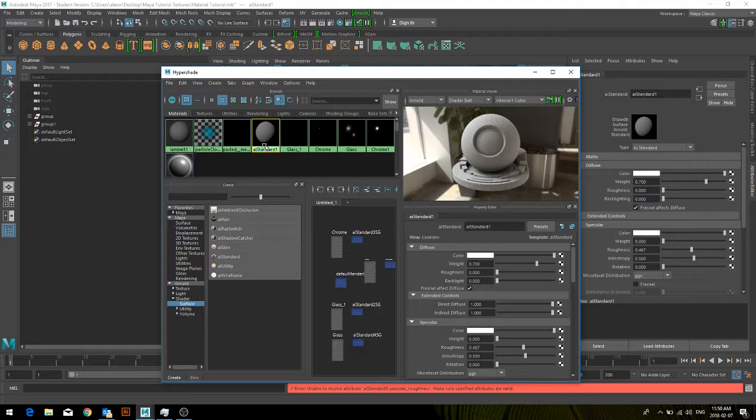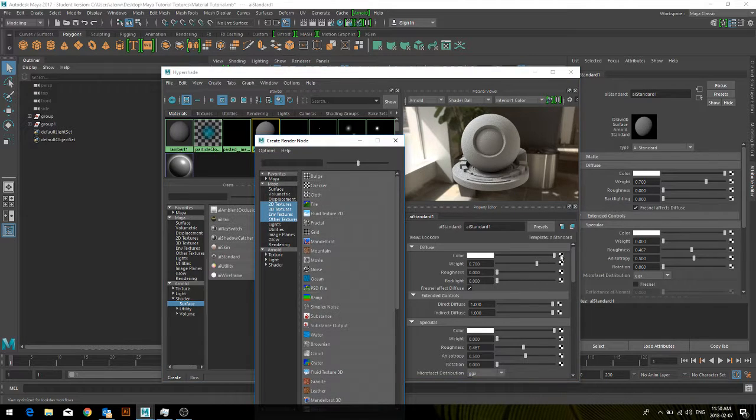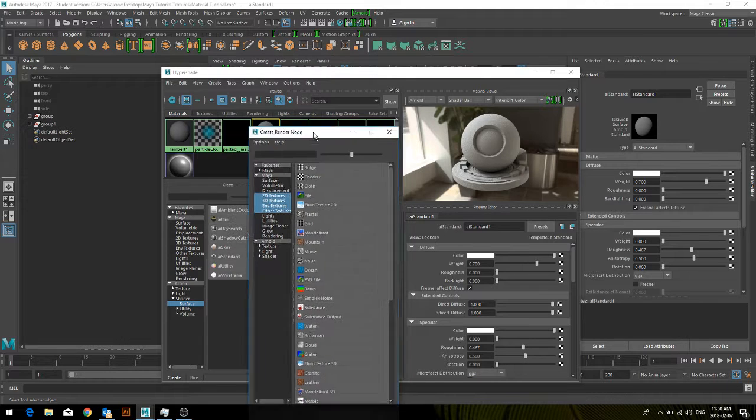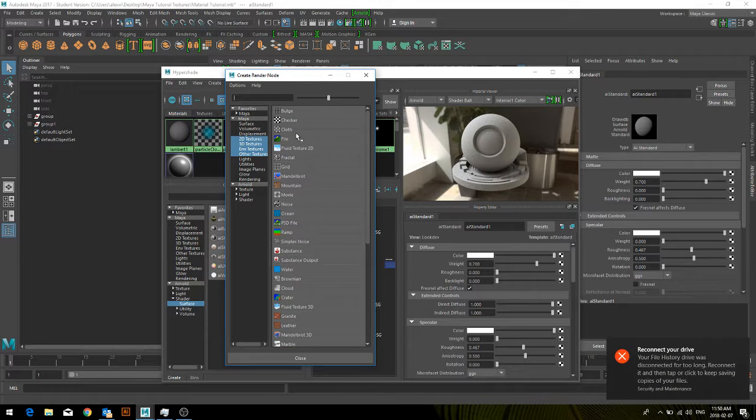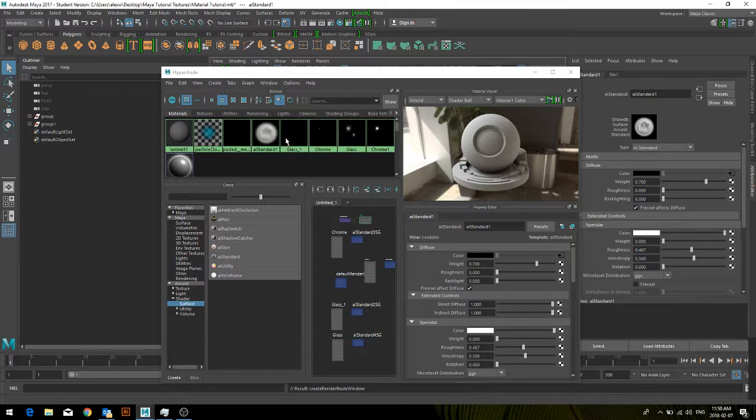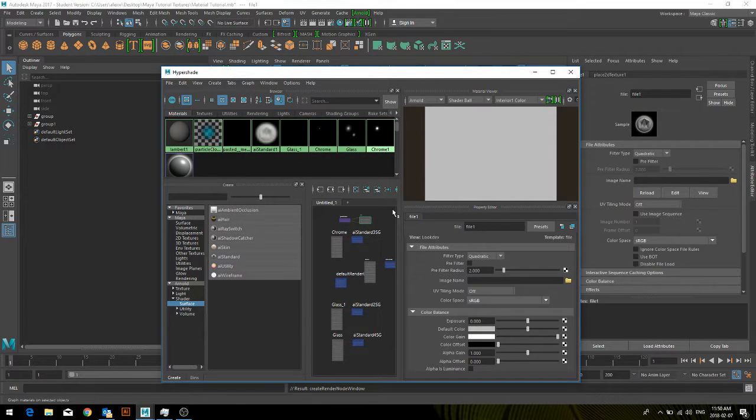But if you click on a standard material and you look next to the diffuse, the color, there is a little checkbox, a checker, which you can click onto, which gives you a whole range of options for texture mapping. You can add noise to the top of it, as well as a checkered pattern or a cloth pattern to it. But if you click onto File, it will take you into this page here,